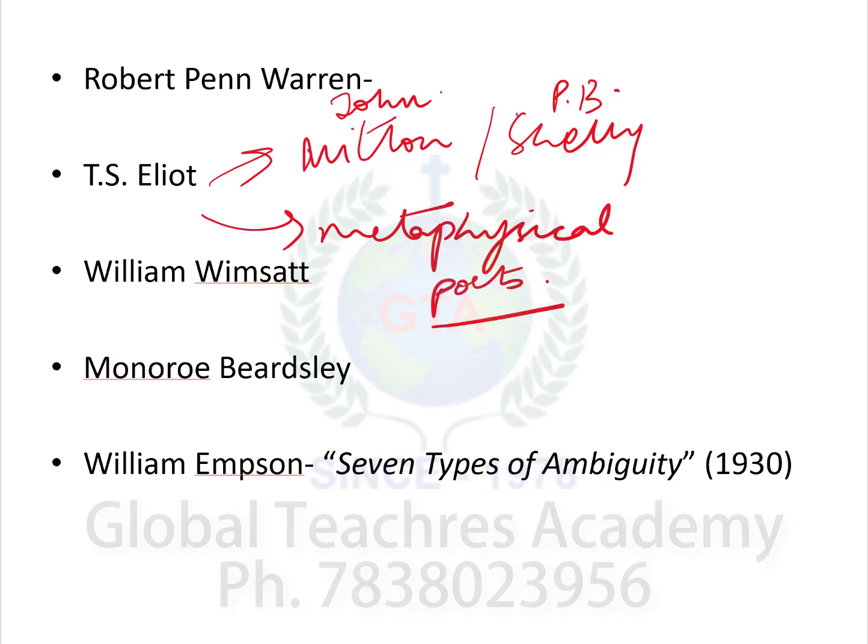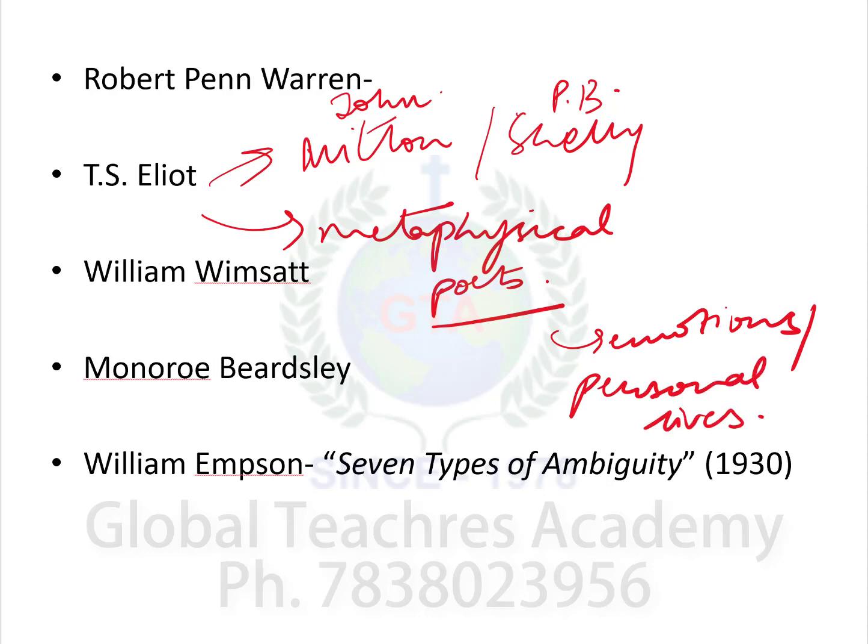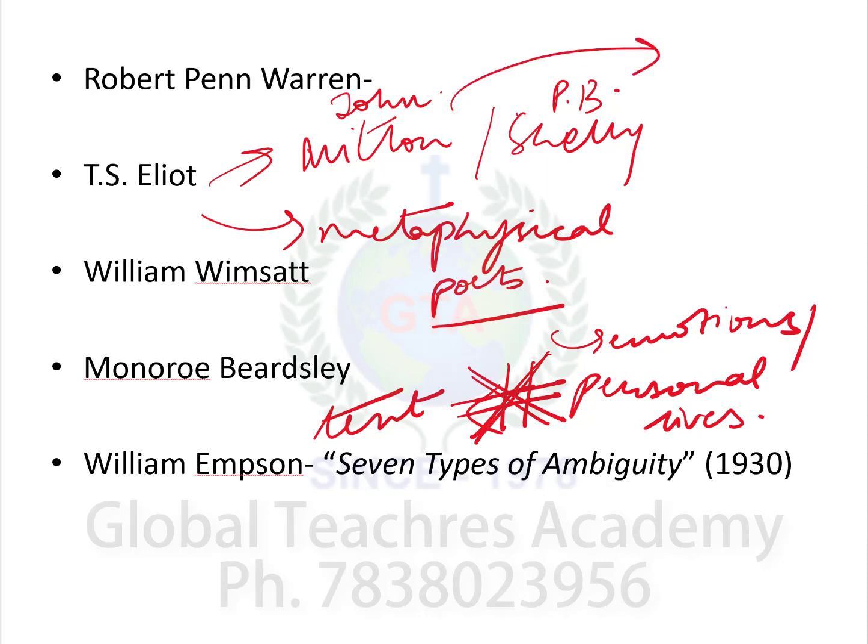And why is that? Because metaphysical poets kept their emotions and personal lives divorced from the text. Right? There was no relationship between their personal life and the text that they were writing. But is that the same for John Milton and P.B. Shelley? Not at all. Their texts were loaded with things that they were feeling in their real lives, right? So he's really fond of metaphysical poets for that reason, and he does feel that literary criticism has always been